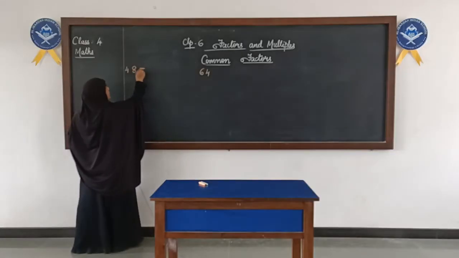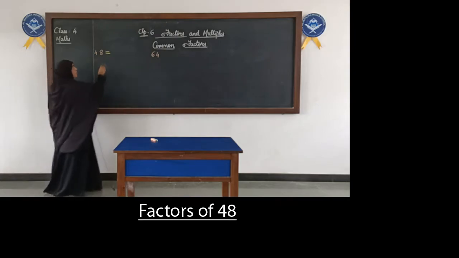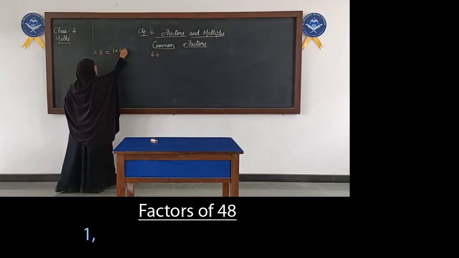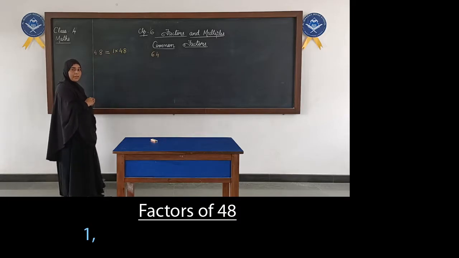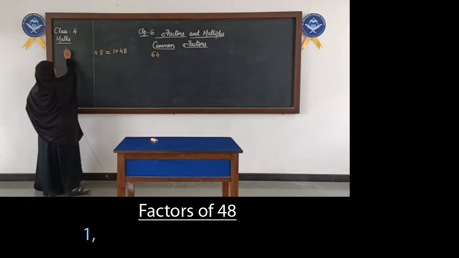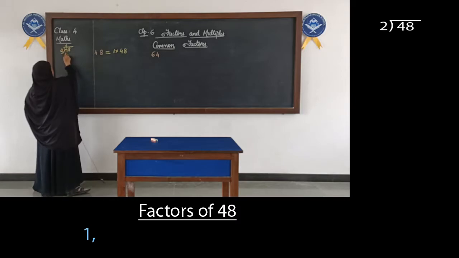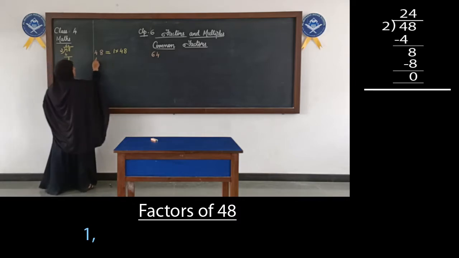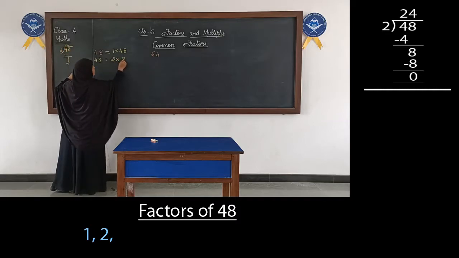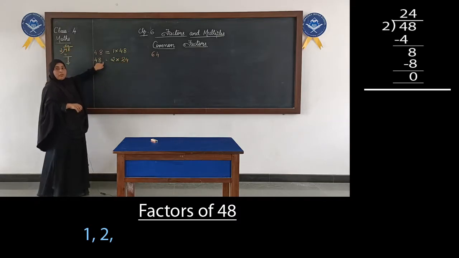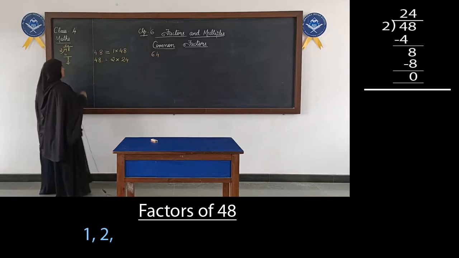If you remember, we started with number 1. 1 into 48. 1 is a factor of every number. Okay, and the number itself is also a factor of itself. So 1 into 48, 1 and 48 are factors. Then we will try for 2. We have to check if 2 divides 48 completely. 2 2s are 4 and 2 4s are 8. Yes, so 2 is also a factor of 48. So 48 is equal to 2 into, you can see I have got 24 as the answer. So 2 into 24 is 48.